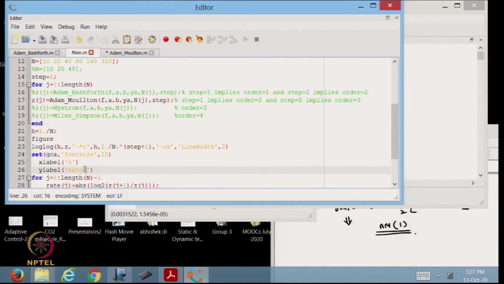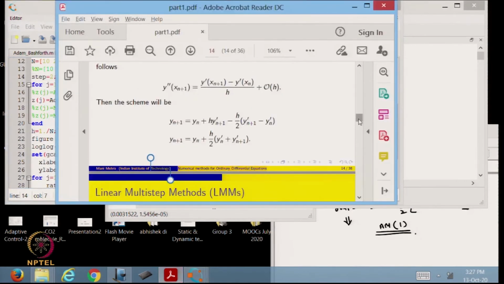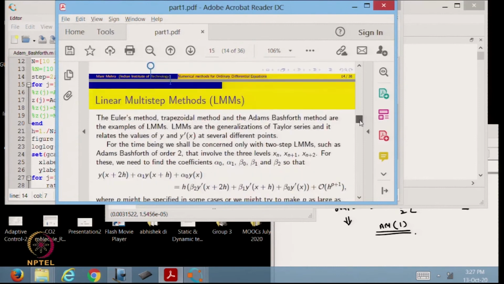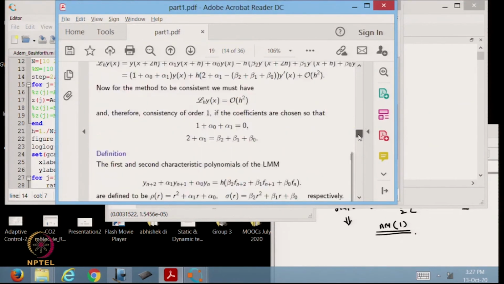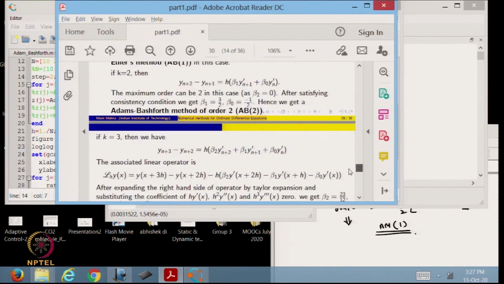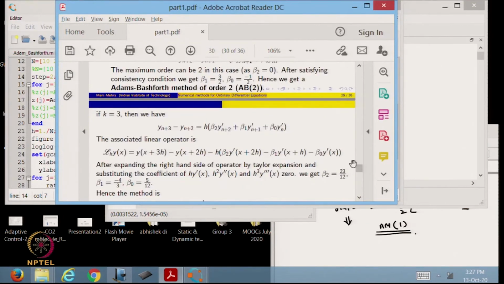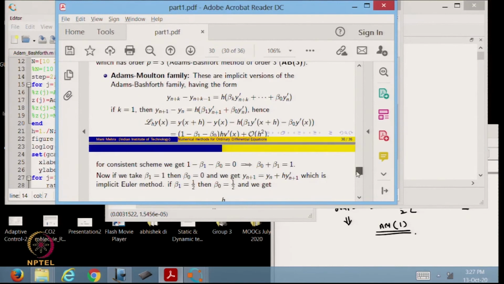And then let me change this step size to 2, and then basically if you remember which algorithm we will be implementing, because that we can see from here. Yes, Adams-Moulton's family.